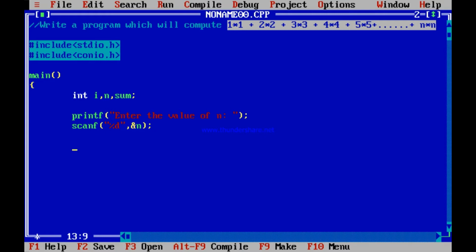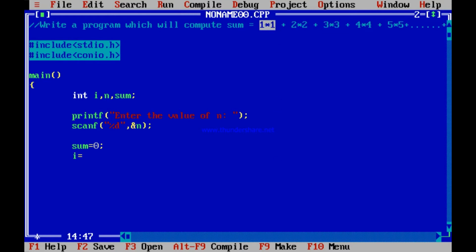Now once this is done, I have to calculate the sum. Is it not good to again initialize the sum to 0 and i to how much? If I think like this, that this whole thing is sum, just for the sake of understanding, sum is initialized to how much? 0. And what is i? i is 1 into 1, so i is just 1. It will go through 1, 2, 3 and gradually 1 into 1, 2 into 2, 3 into 3 will be added to the sum one by one through every iteration of the while loop.